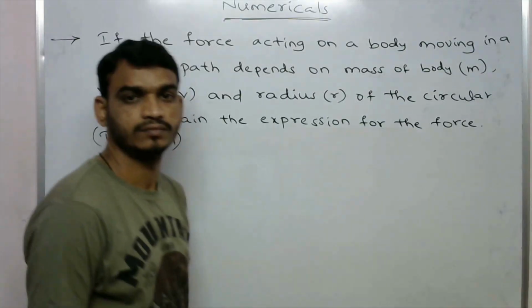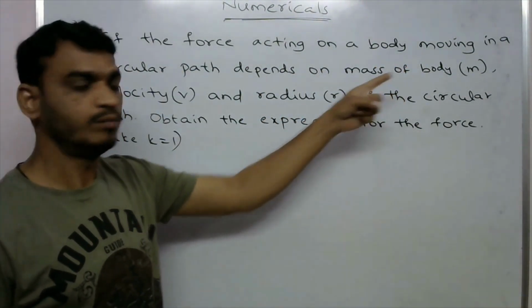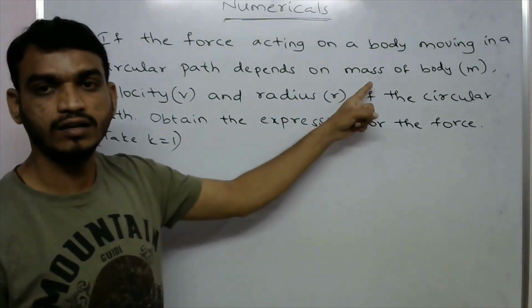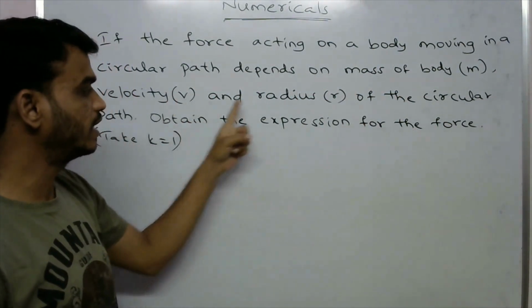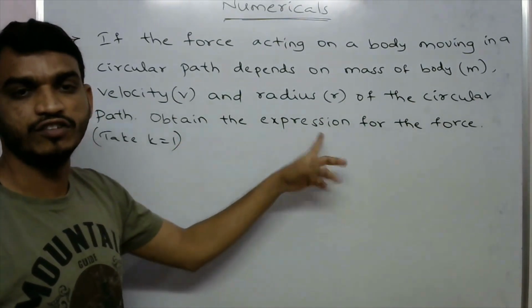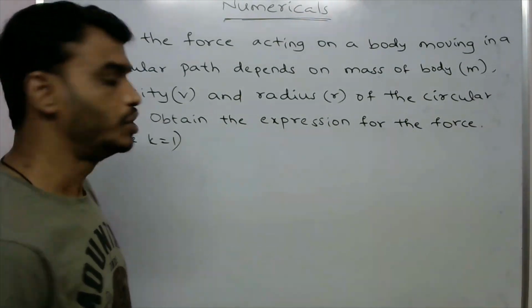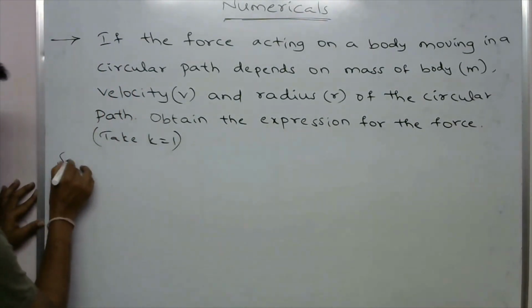And the next problem is: the force acting on a body moving in a circular path depends on the mass of the body, velocity, and radius of the circular path. So now obtain the expression for the force. In this, take the k value as equal to 1. Okay. So now the solution for this problem is,